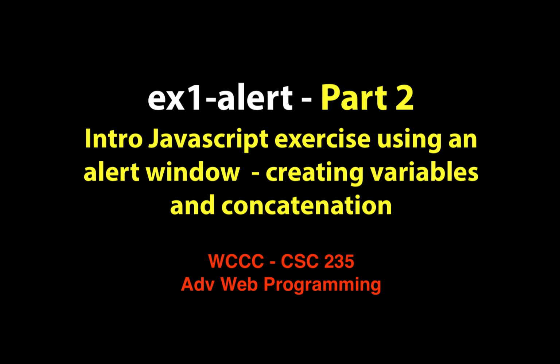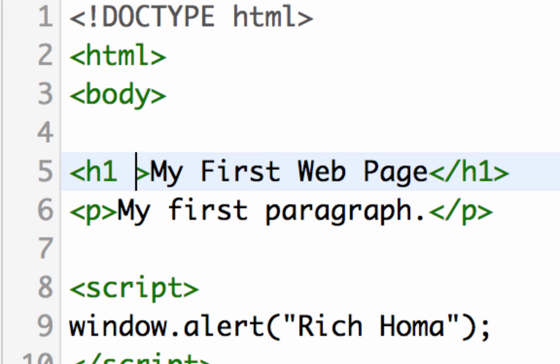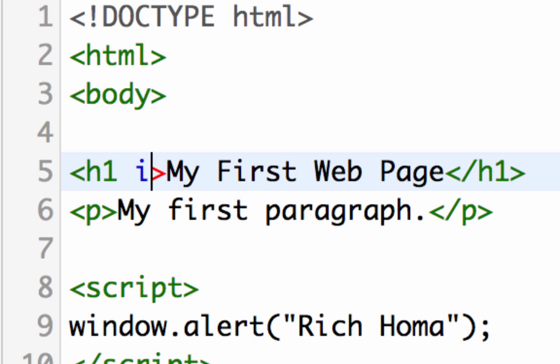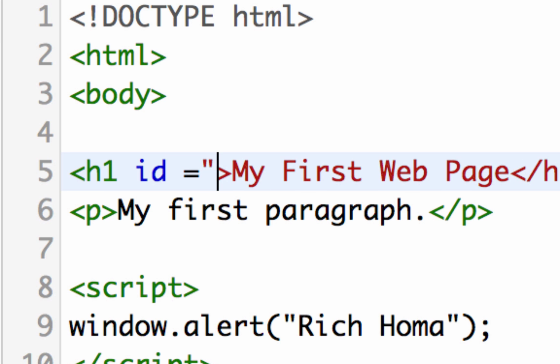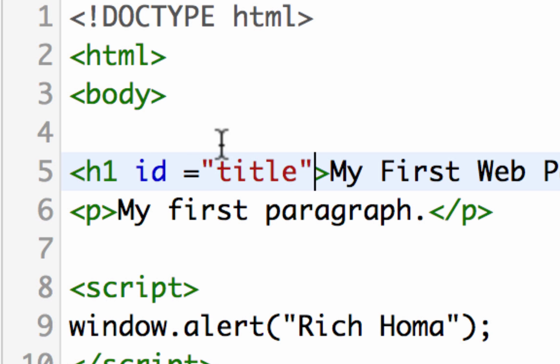And welcome to part 2, where we'll work with some variables and some statements and some concatenation. I'm going to give that tag an ID because that helps JavaScript identify parts of your web page. So within the H1, I'm just going to say ID equals, and I'm going to give it a name. I'm just going to call it title. It'll be lowercase, it'll have quotes. IDs should be in quotes, so they identify them as an ID, but it'll say H1 ID equals title, and